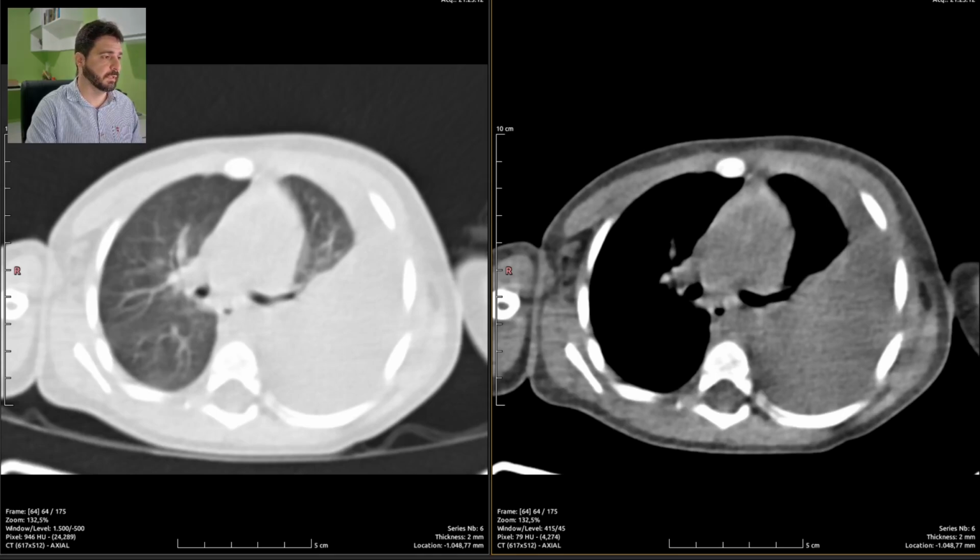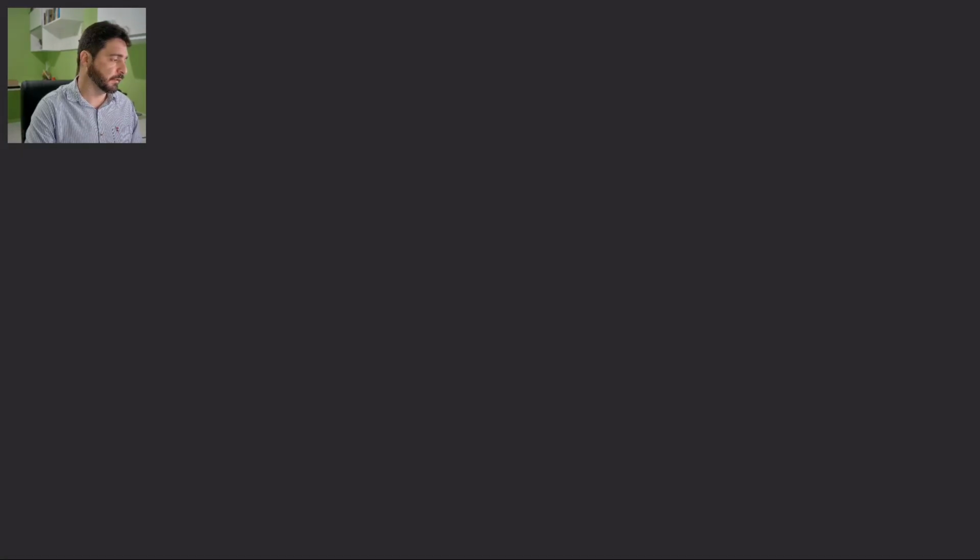So this is it, this is finished. Let's go to the next exam. Let's see if we are lucky enough to actually get some exam that there is. We have now an abdominal CT scan. This is also a child. This is a 5-year-old male, and it's an appendix exam